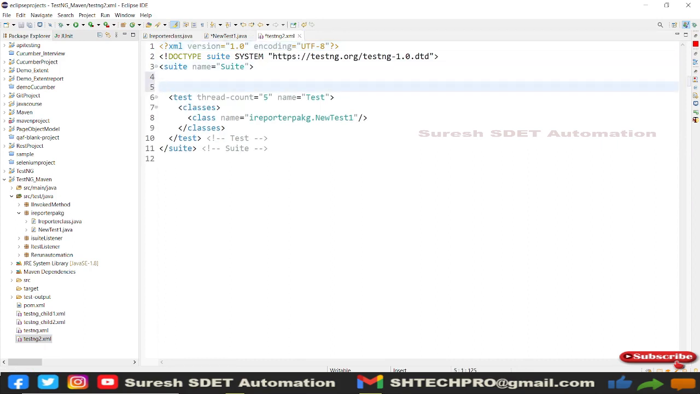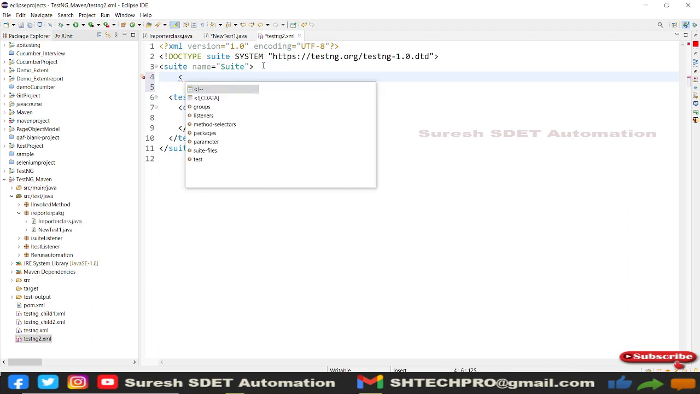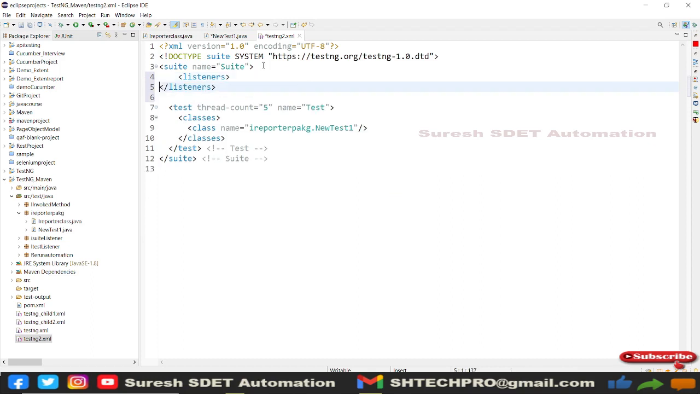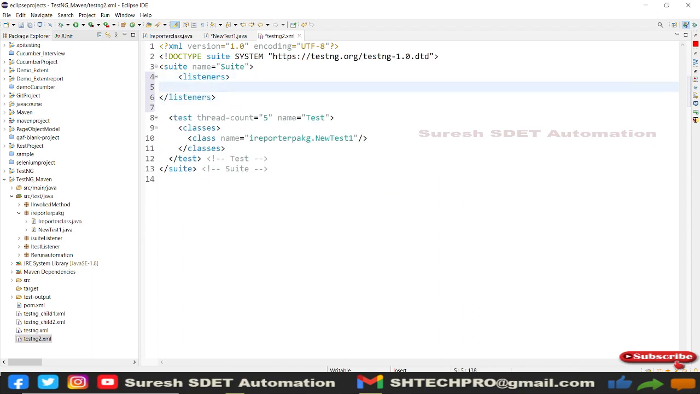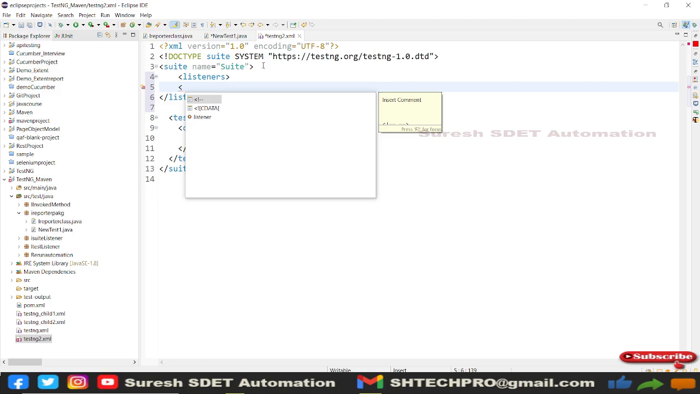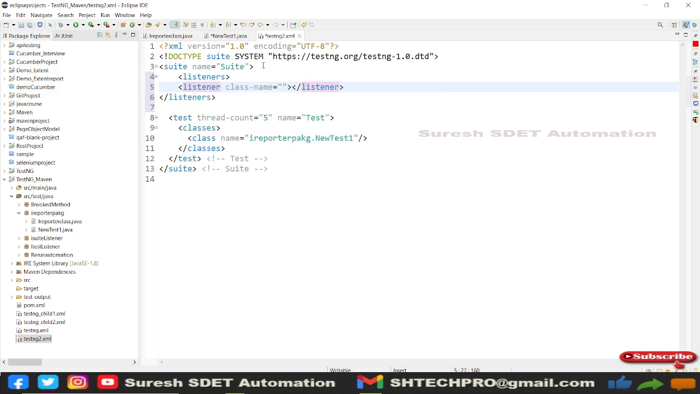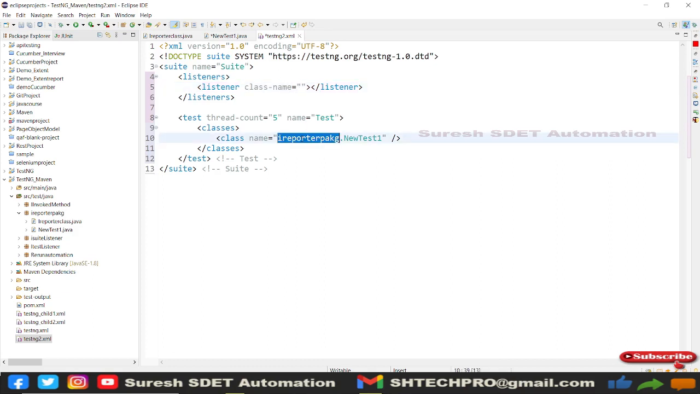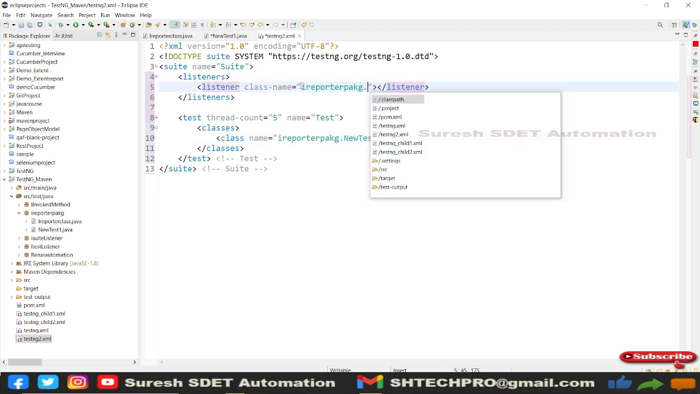To add listeners, we need to go here in the suite and add listeners, right? Under that listeners you need to add a listener. You can implement this, and just quickly do the formatting. To call the listener, we need to go to the package, right? So this is the package, and you need to call this package here, and you need to get the